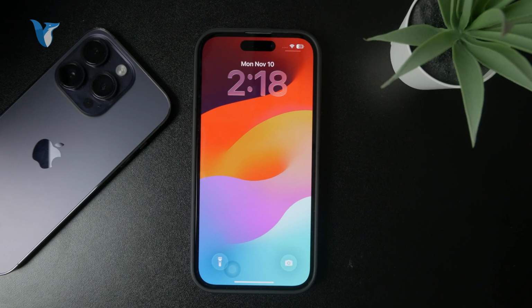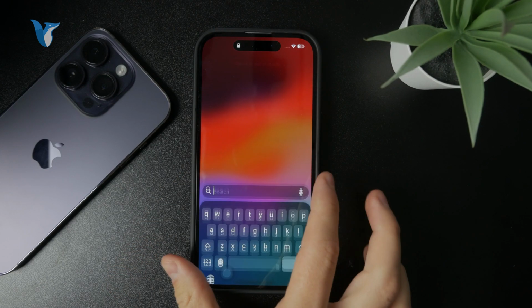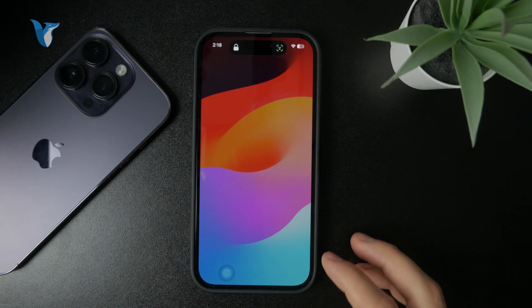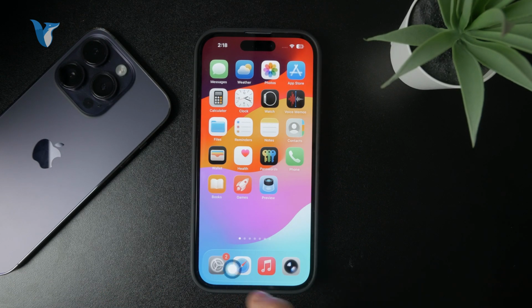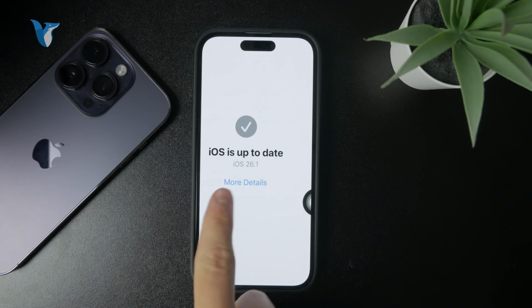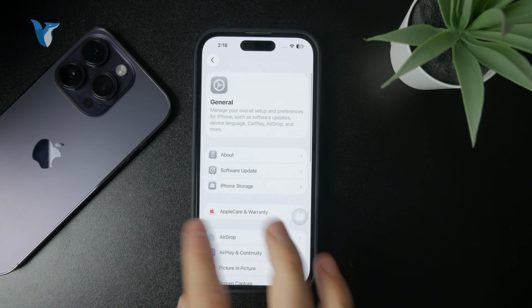The other method, as you can see, you can also just slide left on the lock screen to access the camera, and this can also be turned off. However, the requirement is that you are running the latest version of the iOS, which is currently the iOS 26.1, right? So not just the 26, but it has to be 26.1